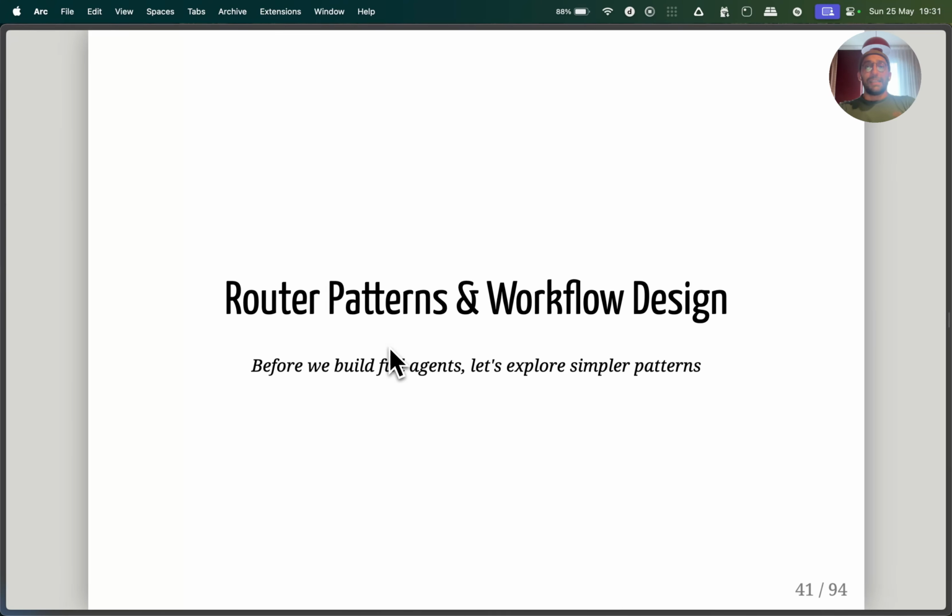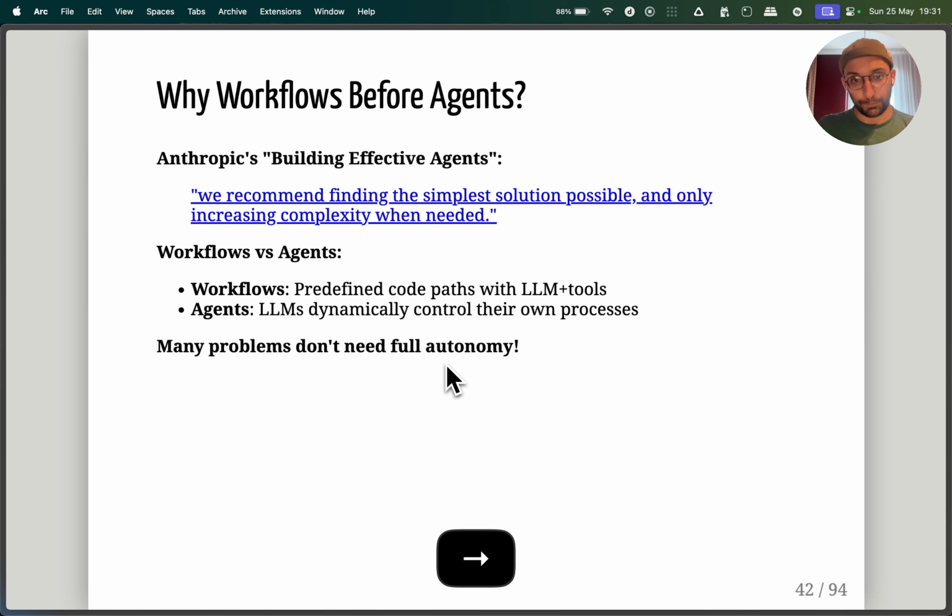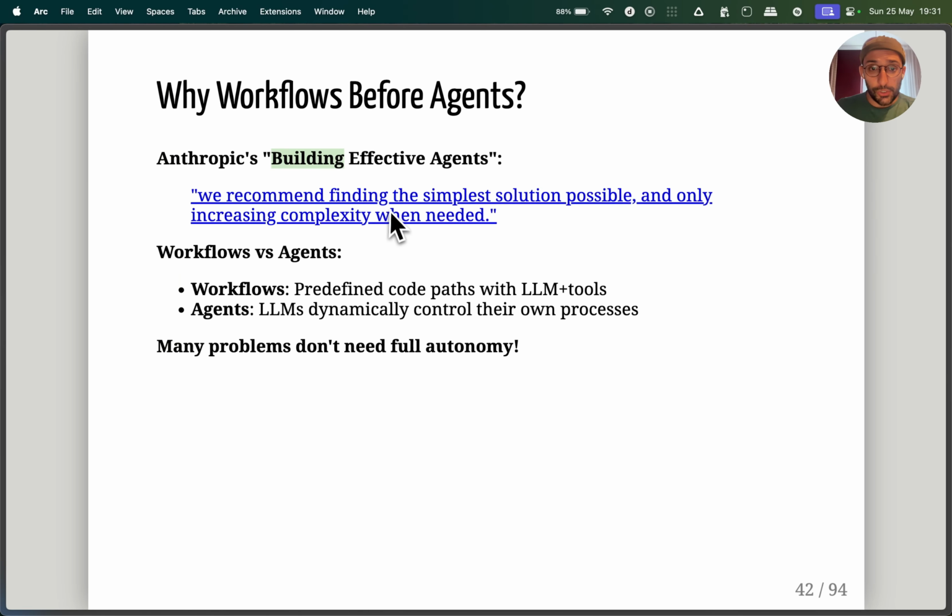So let's explore patterns that are simpler than agents, that build our path towards an agentic loop. Check out this article, and there's this quote that I really like: "We recommend finding the simplest solution possible and only increasing complexity when needed." This is key, folks. Why?